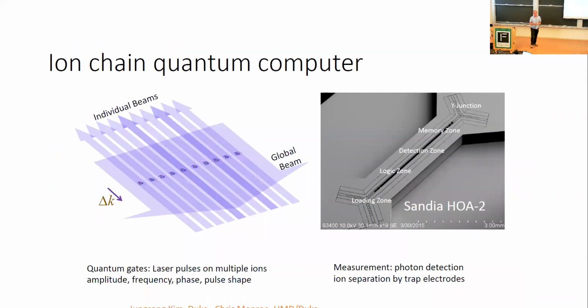Okay, so the way we build this quantum computer with ytterbium is we use these fancy surface electrode traps, which we get from Sandia. We then are going to do Raman transitions, which I'll talk about in the next slide, where we're going to have a global beam that addresses all ions and individual beams that talk to each ion. The work I'm basically going to only talk about today is with Jung-San Kim in our joint experimental lab we have together. We collaborate a lot with Chris Monroe, who recently, during the pandemic, moved from Maryland down to Duke.